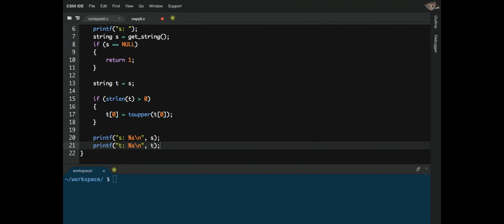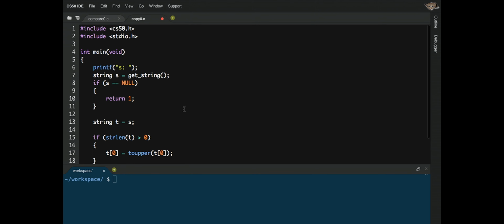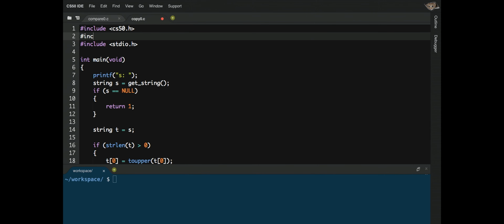So in other words, if the length of t is greater than 0, let's capitalize it by changing that first character, and then just print out s and t. And surely, by capitalizing only t, I should see only one capitalized word. Now, I'm using both strlen and toUpper. So rather than let Clang have a chance to yell at me,